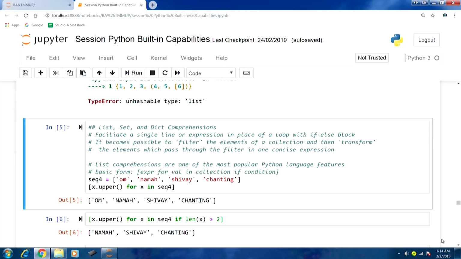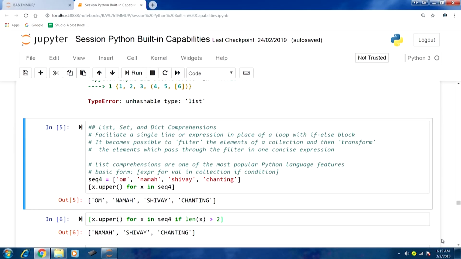In a sense, when we are talking about a loop and if else block where we would like to do filtering and then transform whatever the filtered output is, the same thing can be coded in this fashion using a list comprehension. The if condition is actually filtering. So, we can select a few elements from the collection, run a loop, filter a few elements and then transform those elements using the expression that we have. Let us understand what we discussed with a few examples.